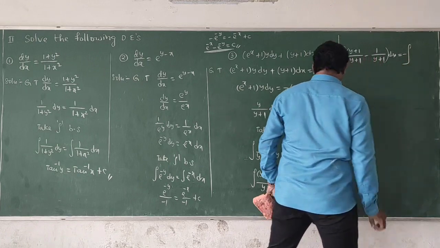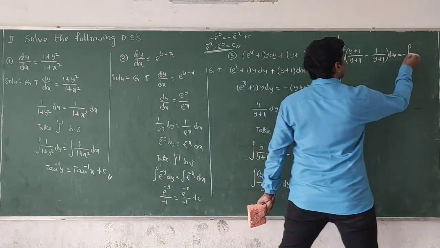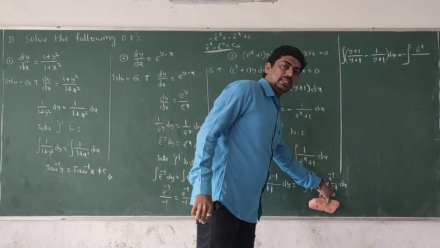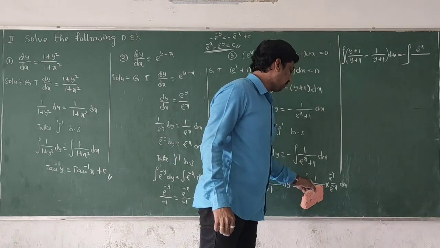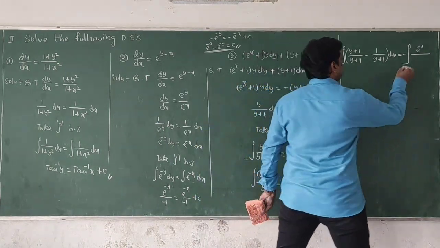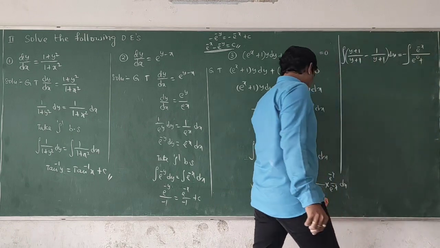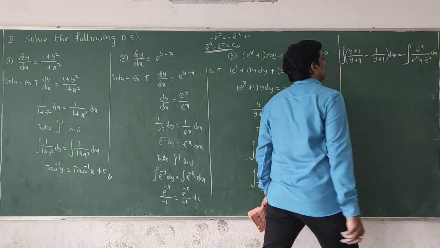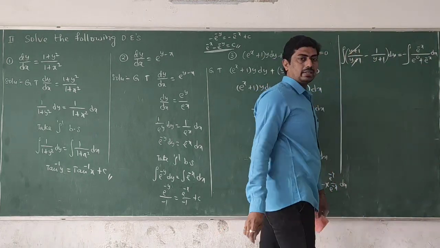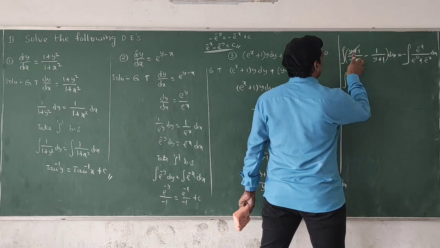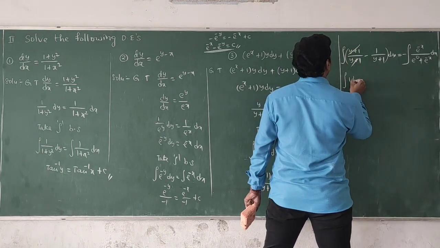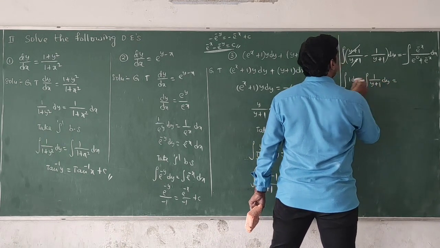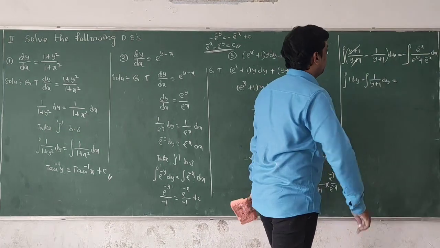minus of integration of 1 into e power minus x, e power minus x. Here e power x into e power minus x, base is equal, add the powers, e power x minus x, that means e power 0, plus 1 into e power minus x, e power minus x into x, y plus 1 cancel. So only 1 we have, that's why integration of 1 dy, first term, integration of 1 by y plus 1 into dy, separate the integration to each term of the bracket.